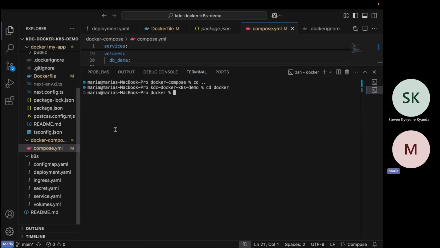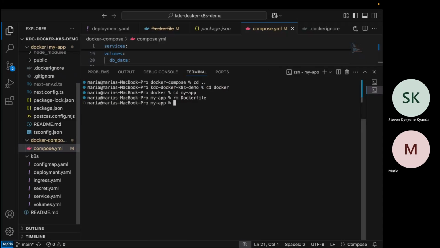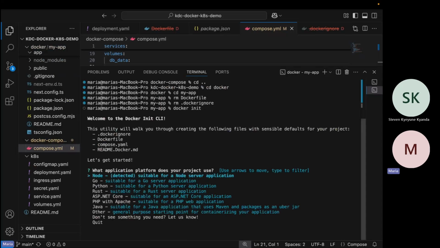So I'll get rid of the existing files. So let's run a Docker init and see what it does. So it asks, which platform are you using? It detected Node because it's a Next.js app.